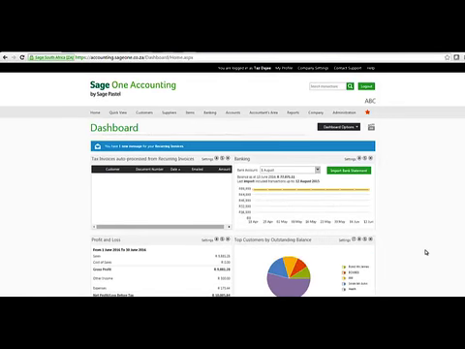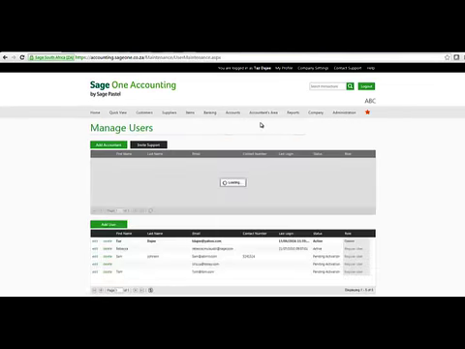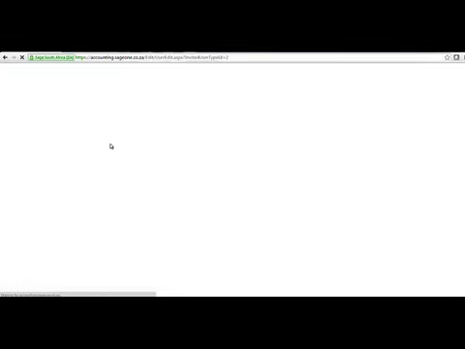The next topic I'm going to be covering is with regards to users and permissions. If your client wishes to send you a note using Sage 1, he can do so by selecting the Accountants area menu, Send a Note to My Accountant. In the event your client wishes to invite you as his accountant, under the Accountants area menu, select Invite My Accountant. When selecting the Add Accountant option,